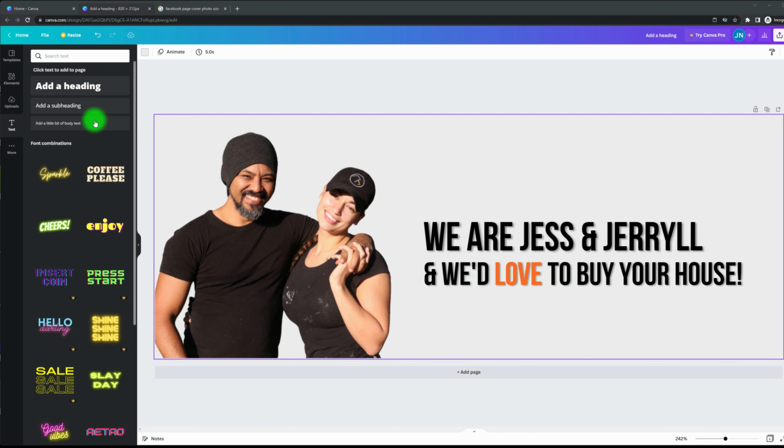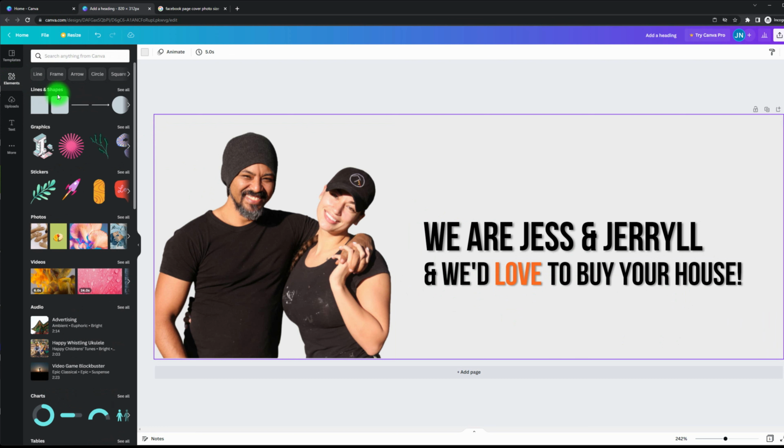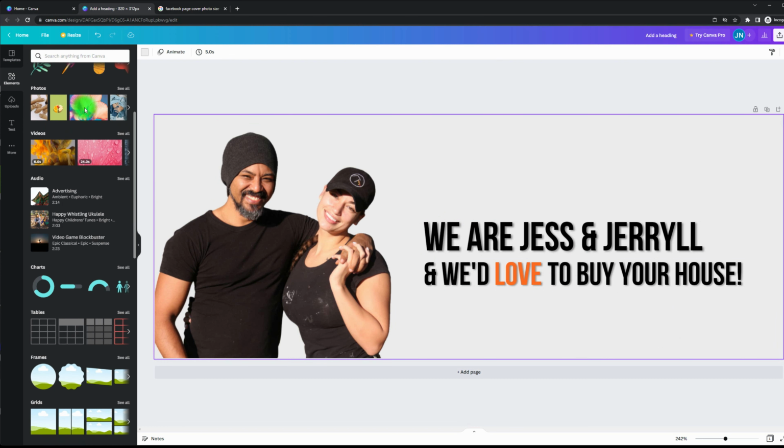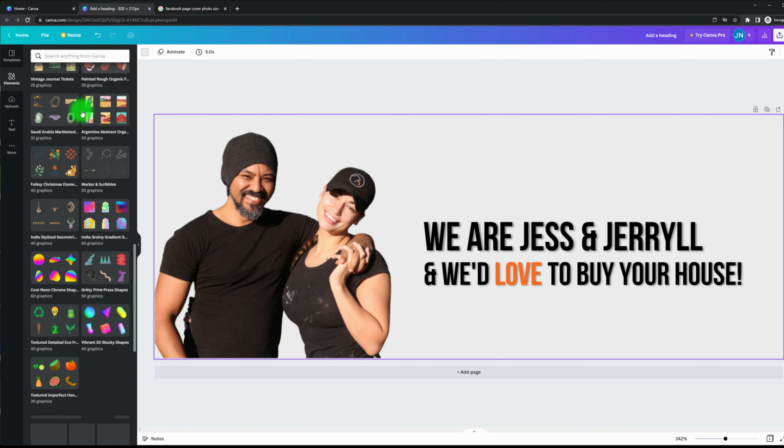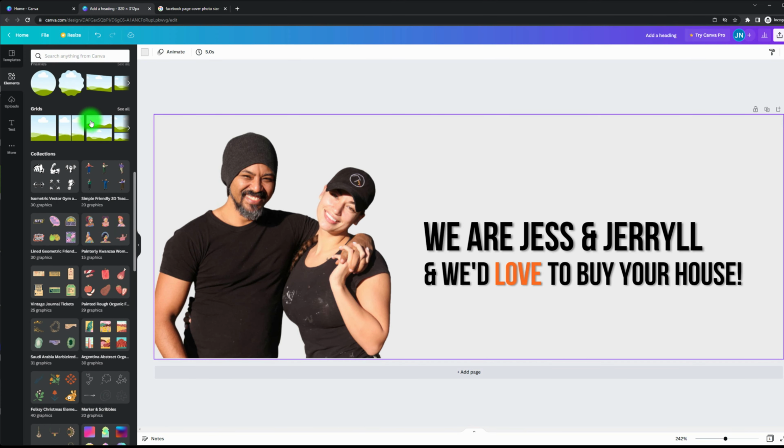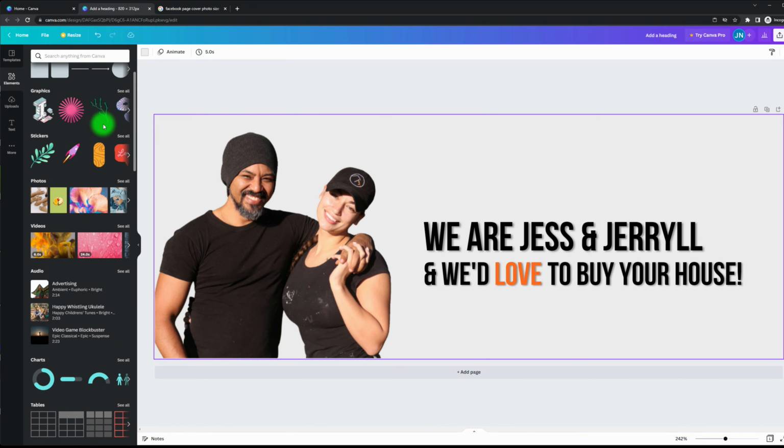Then you can experiment a little bit more. You can go to elements, and then you have lines, you have scribbles, and let me see if I can find something interesting.